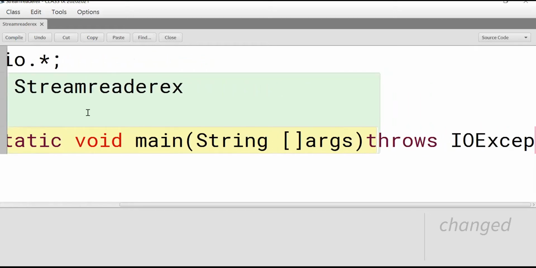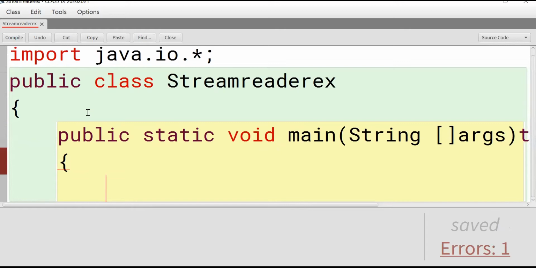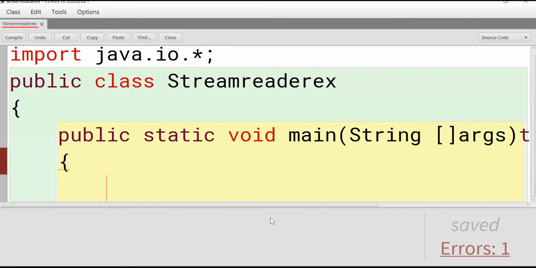Sometimes we will get exceptions also. To avoid that, we have to throw IOException, IOE in capital letters, remaining in lowercase letters.